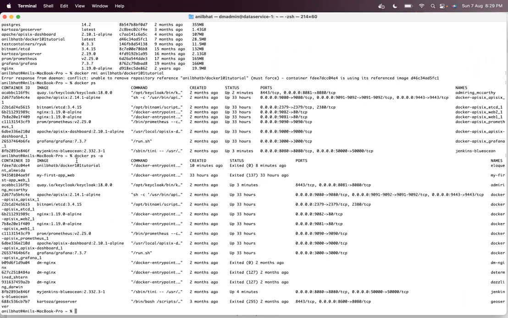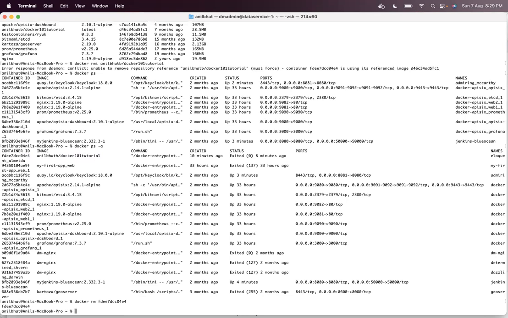So here you can see this container is already there. So you have to delete this container. To delete the container, you say docker rm and the container ID, and you remove the container. Now you can actually delete the images also.